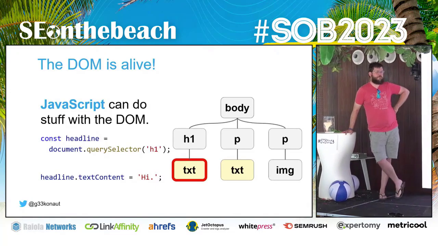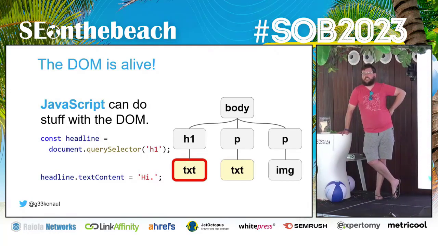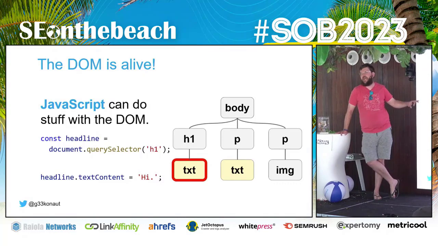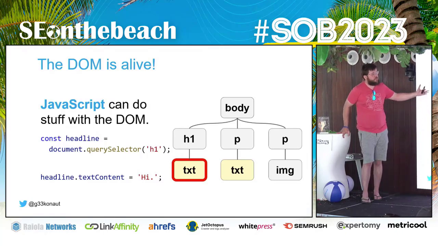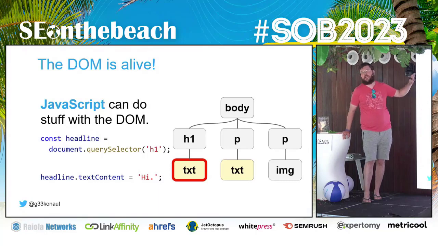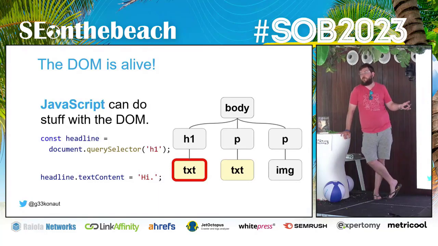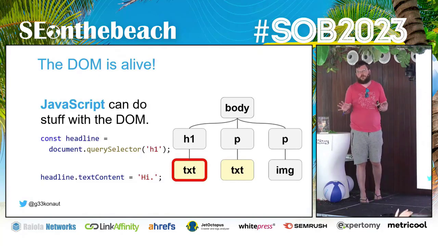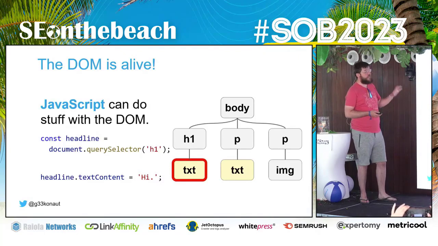The thing here is that not many people are aware that this happens more or less on your website, and that per se is not a problem. If your website does this, fine, most likely. If you're changing 100% of the content, that's fine. Google doesn't care, because we are doing exactly this process. We're building this tree, we're executing the JavaScript, and eventually we take a DOM snapshot, and that snapshot is what we're using to index stuff, right? So as long as your JavaScript does it before we take the snapshot, and we're pretty good at figuring out when to take the snapshot, not always perfect, but pretty damn good, then you will be fine.